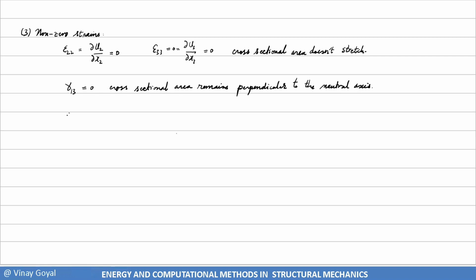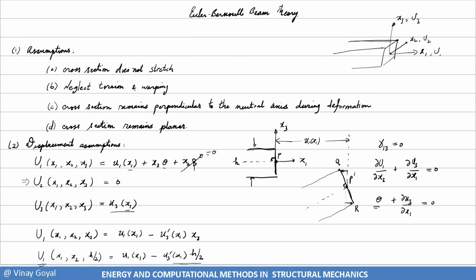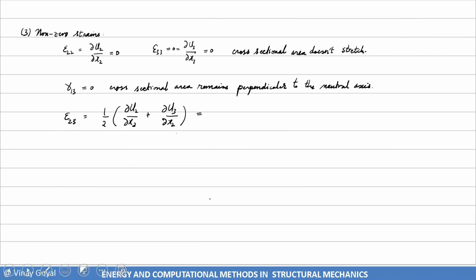And then we have the fact that epsilon 2,3 is 1/2 partial u2 with respect to x3 plus partial u3 with respect to x2. And note how u2 is 0 and u3 does not depend on x2. So therefore, this is 0 and that's 0, so that's 0. And then we have